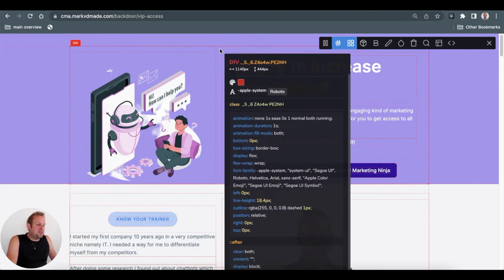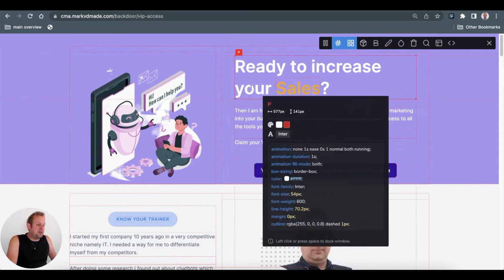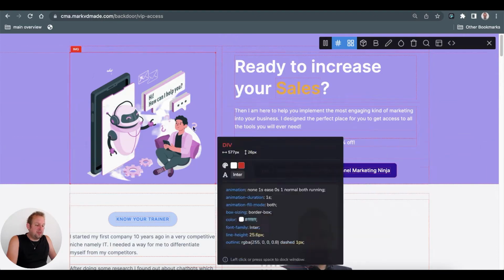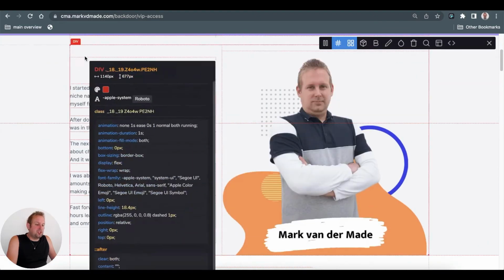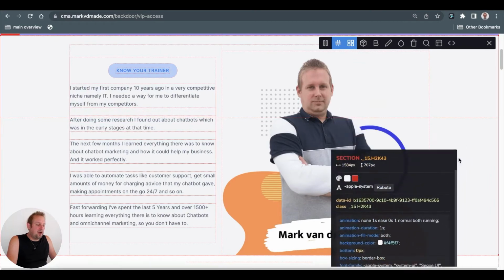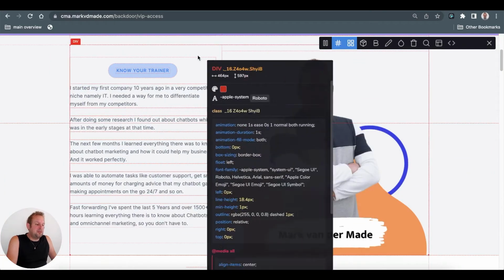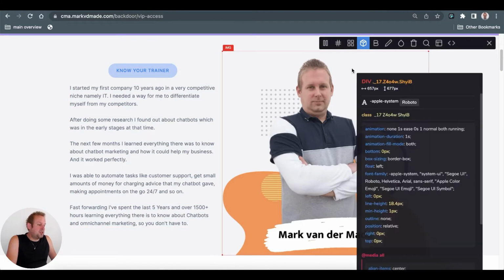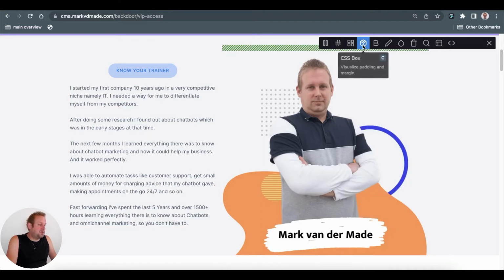And with this div, we also have another div that's containing this text with other text included. So if we just scroll down, you will see the entire layout of how this website has been displayed, basically, right? The next icon will be a CSS box, and if we press this, we can visualize the padding and